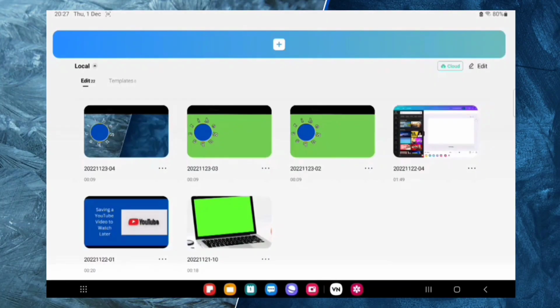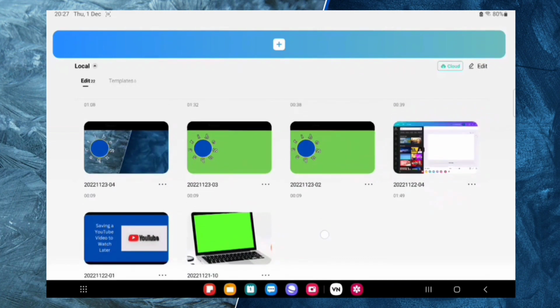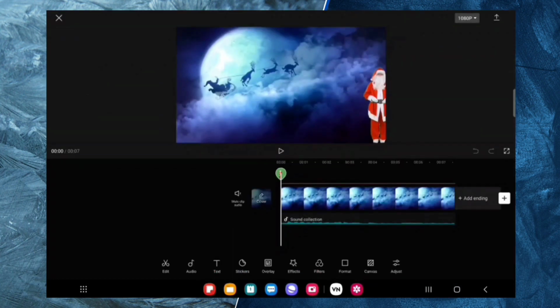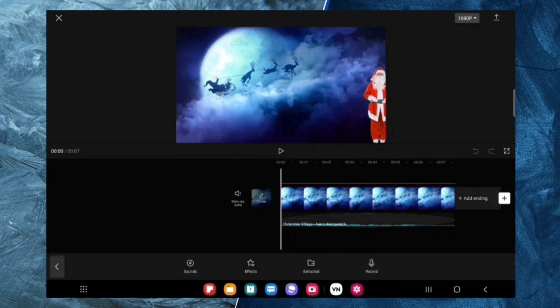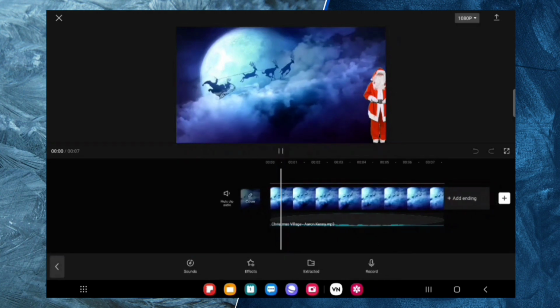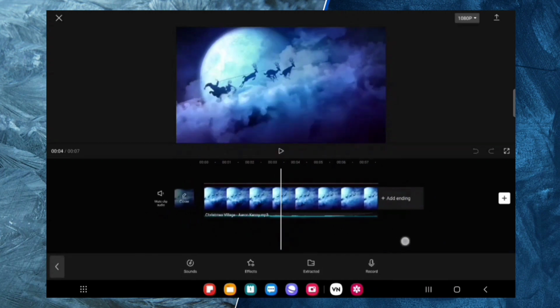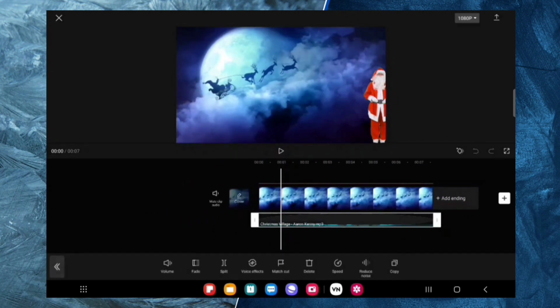Hi YouTubers, I'm going to go into CapCut now. Then I'm going to go up to this project. You can see the sound on there. Play the sound. So if I click on that